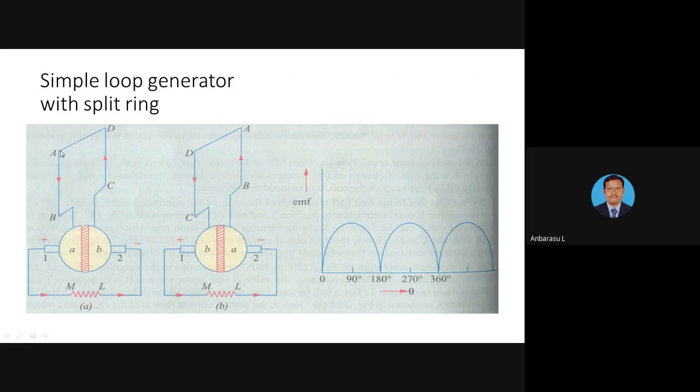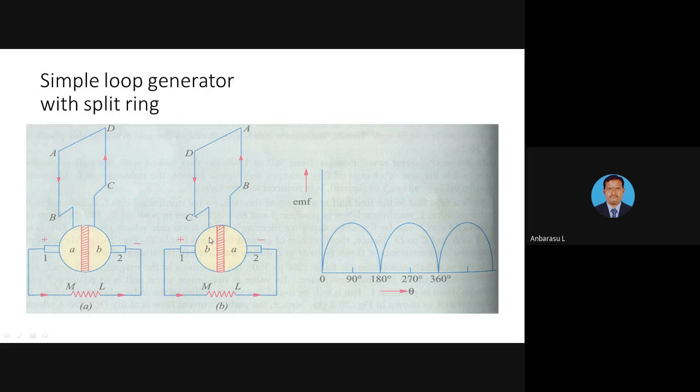Here the conductor A to B current direction is from upper to lower direction. Conductor C to D current direction is from lower to upper direction, because one is nearby the north pole and the other nearby the south pole, so the induced EMF is produced in opposite directions. Here the A to B conductor is connected across the A ring, and the C to D conductor is connected across the B ring. The current path is A to B, brush 1, load, then brush 2, B, C to D. This is the complete current path. Here the positive half cycle waveform is produced.